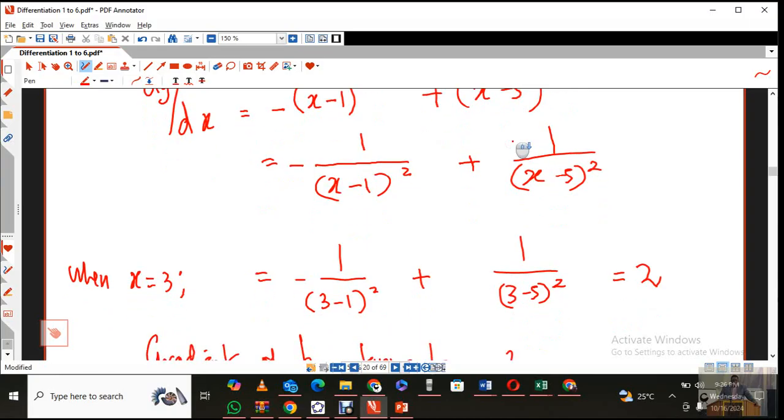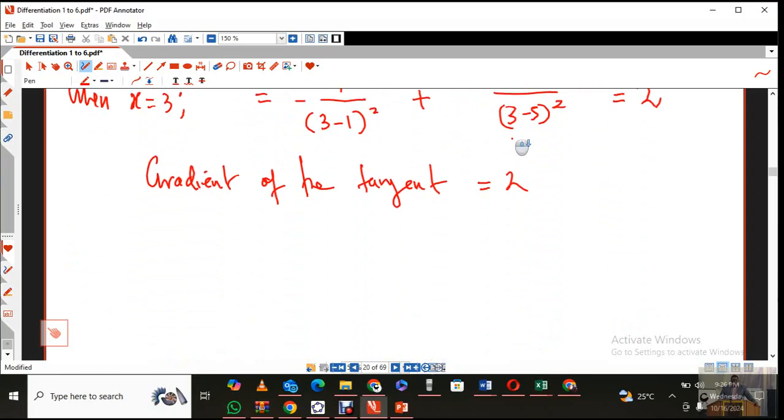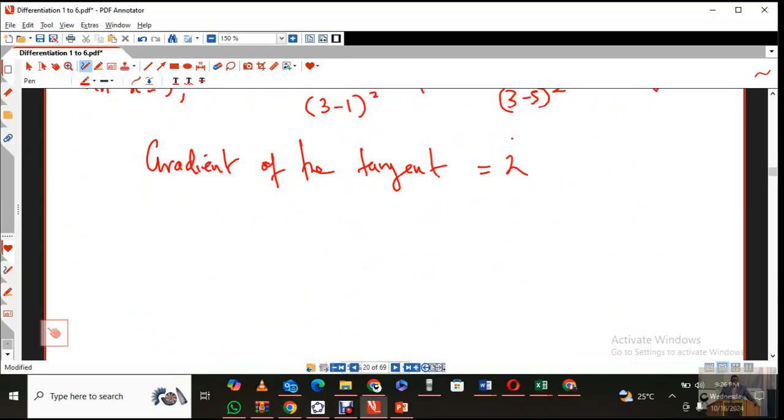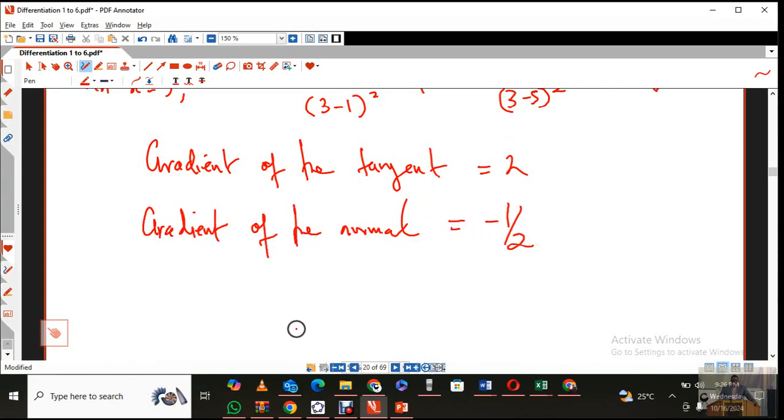If that is the gradient of the tangent, then the gradient of the normal will be negative a half. Okay, so the equation of the normal